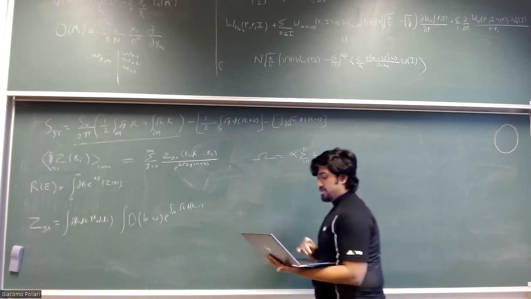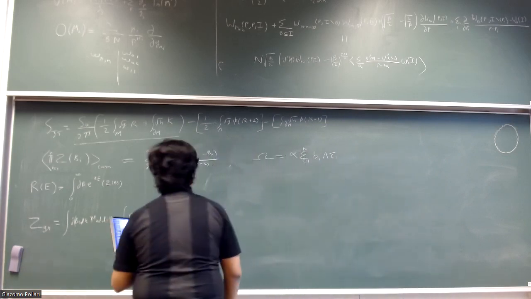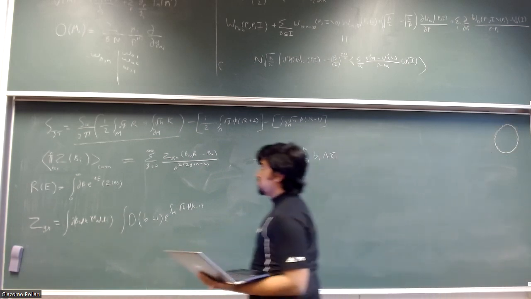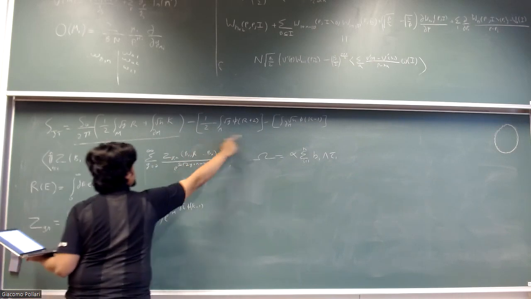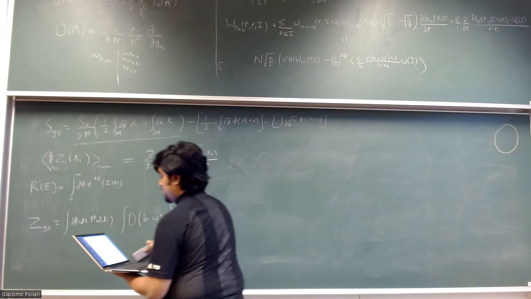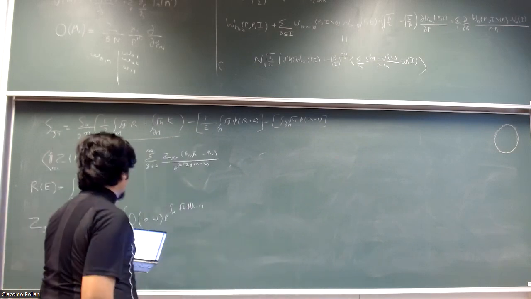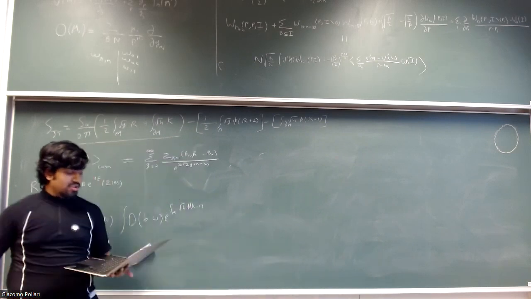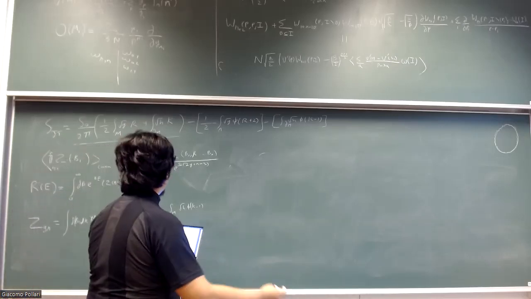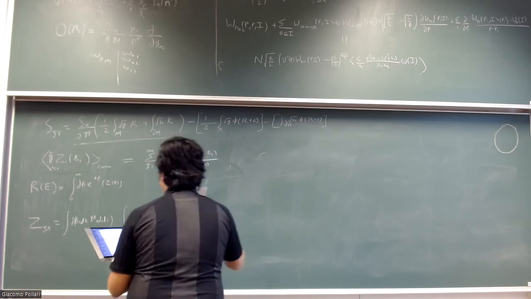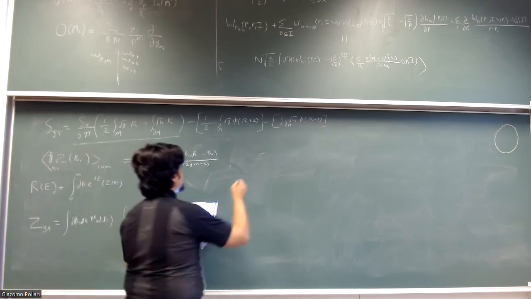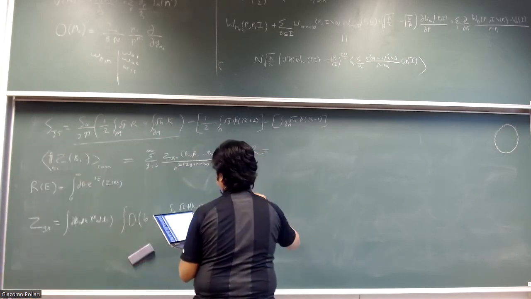To do that, we try to write it in first order formalism. Since it is 2D, you don't have to worry too much about the spin connection, and you can just write R as